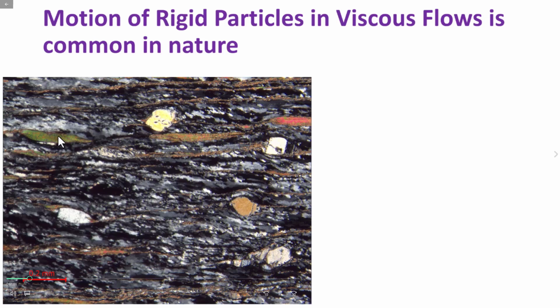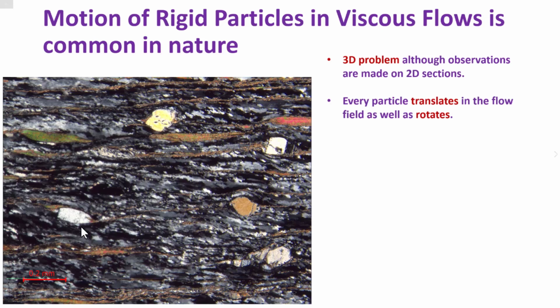Mica fish porphyroclasts can also be regarded as rigid objects. Fine-grained micas define this C-foliation of the mylonite, and dynamically recrystallized quartz forms the matrix of the mylonite. So it is important to realize that the rotation, or motion in general, of rigid objects in ductile flow is a three-dimensional problem, even though our observations are made on two-dimensional thin sections. Every one of these porphyroclasts is a three-dimensional object, even though they appear as a two-dimensional ellipse on this cross-section.